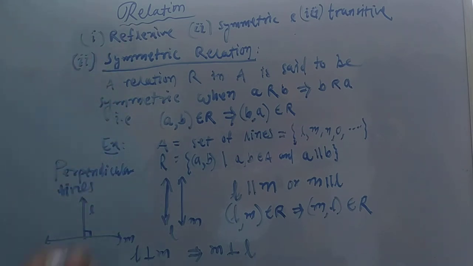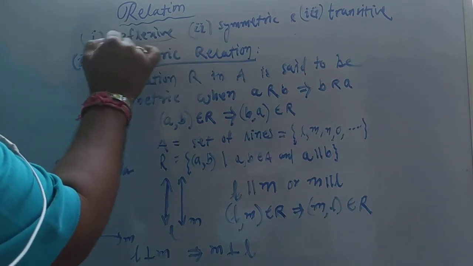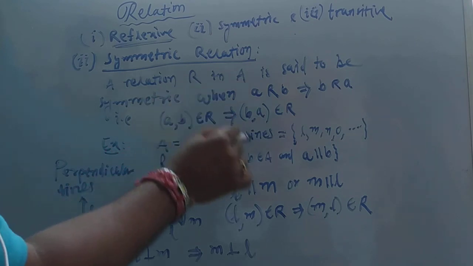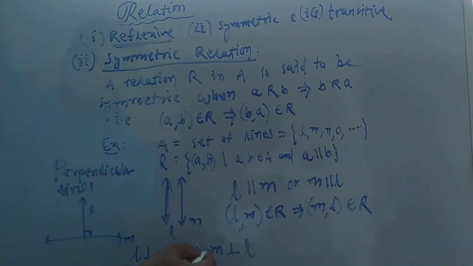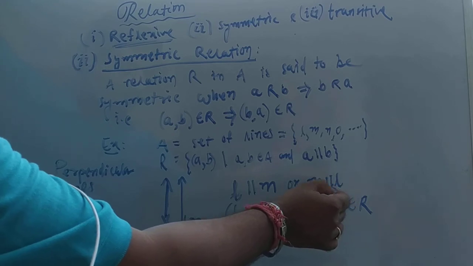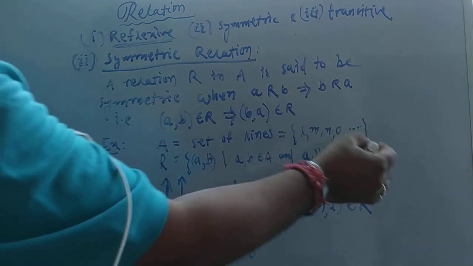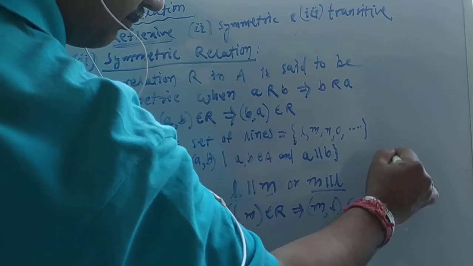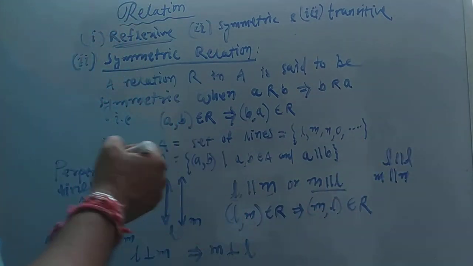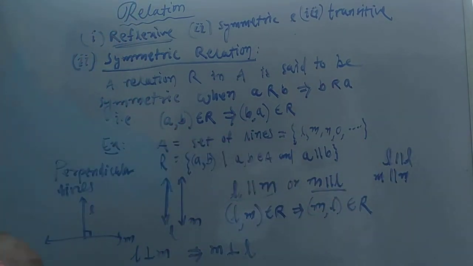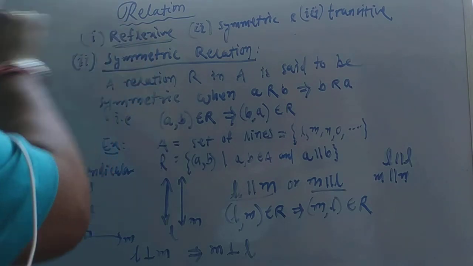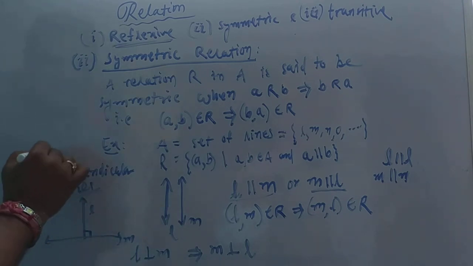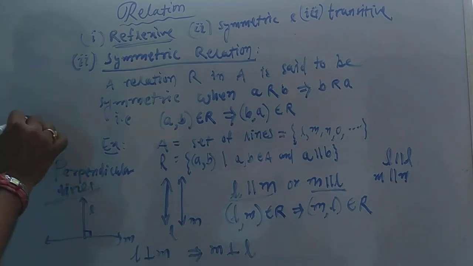But if you think about this reflexive, this can be reflexive. Parallel lines, L parallel to M, L parallel to L, or M is parallel to M, both are true. So the relation of parallel lines is both symmetric and reflexive. But in case of perpendicular lines, these perpendicular lines are not